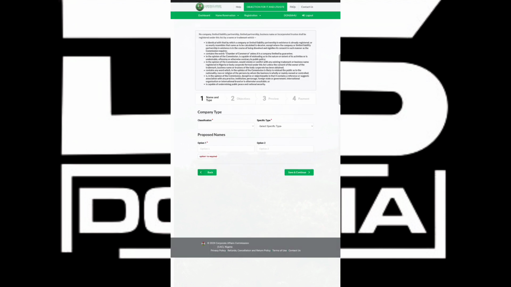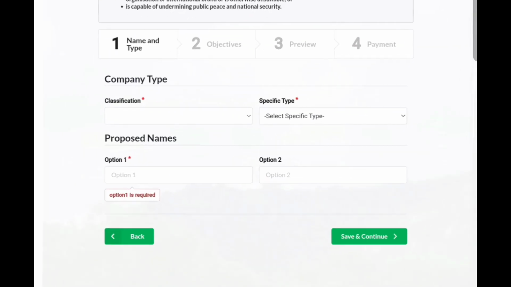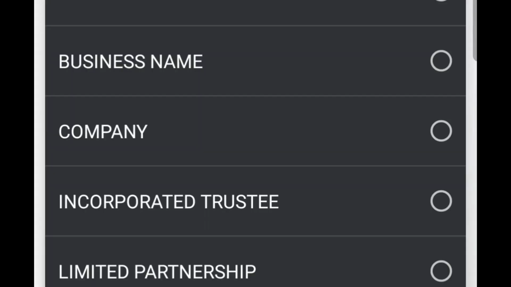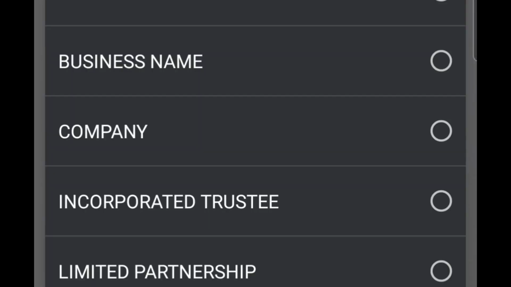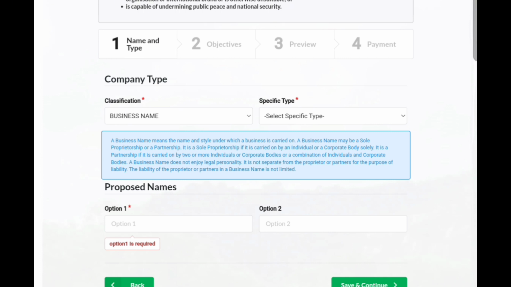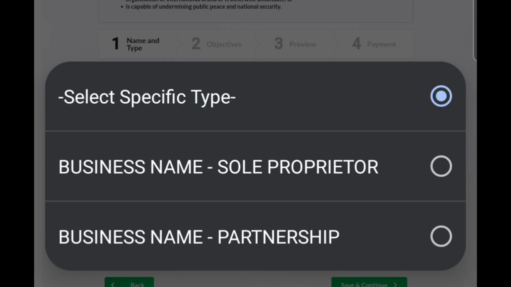As you can see here, name and type. You are going to click on here. Type of name you want. Is that business name you want to register, company name, incorporated trustee, limited partnership, or limited liability partnership. So if you are registering a business name, you are going to click on register. You are going to click on the business name, and then you are going to click on, under specific type of business name, you are going to click on